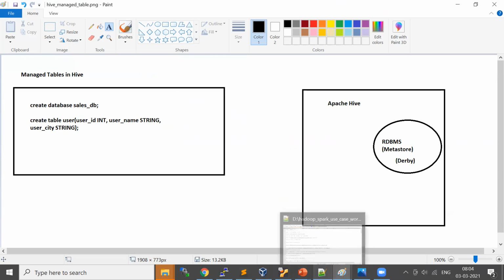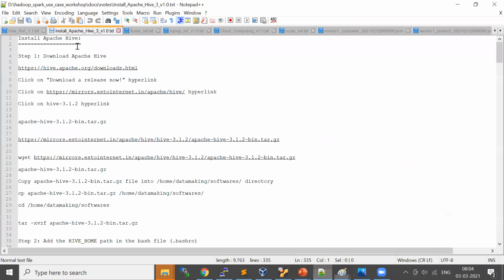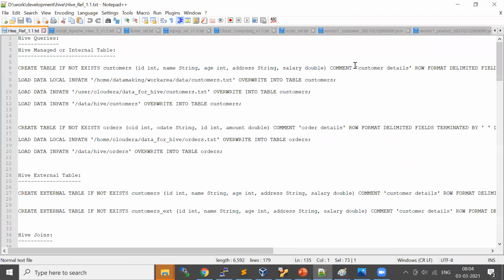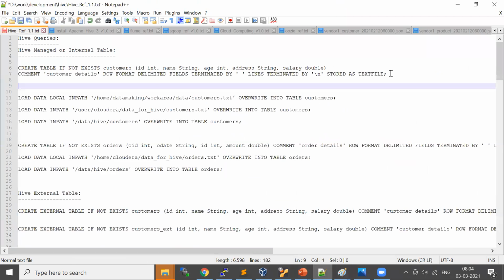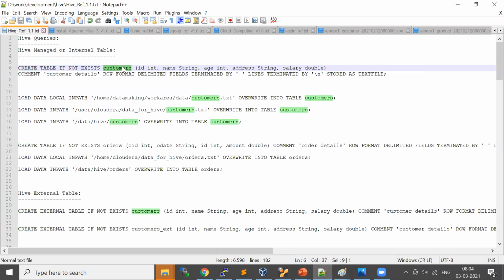Actually, if you look at how a proper Hive table creation looks, you can say create table, and you can also use the keyword if not exists, and customers. So if the table customers does not exist, it will create it, or else it will not.